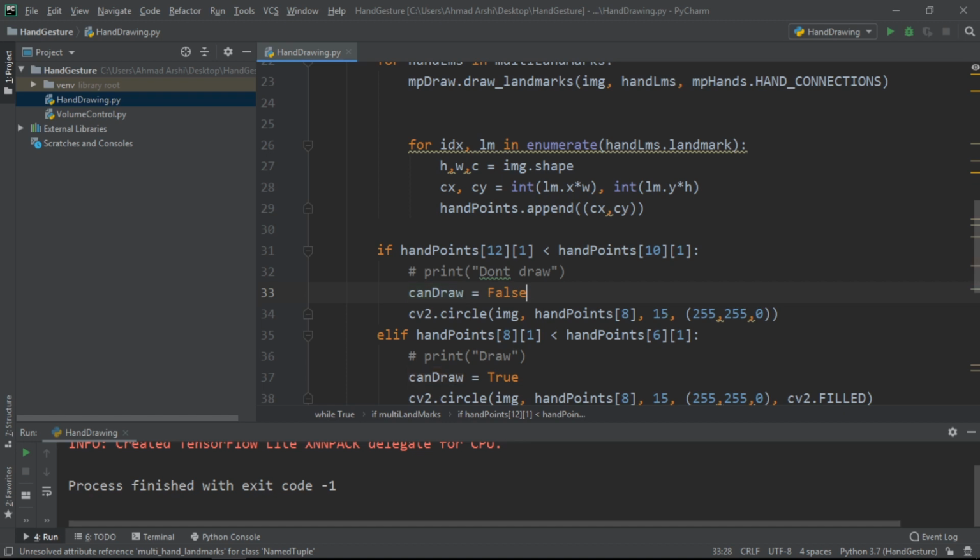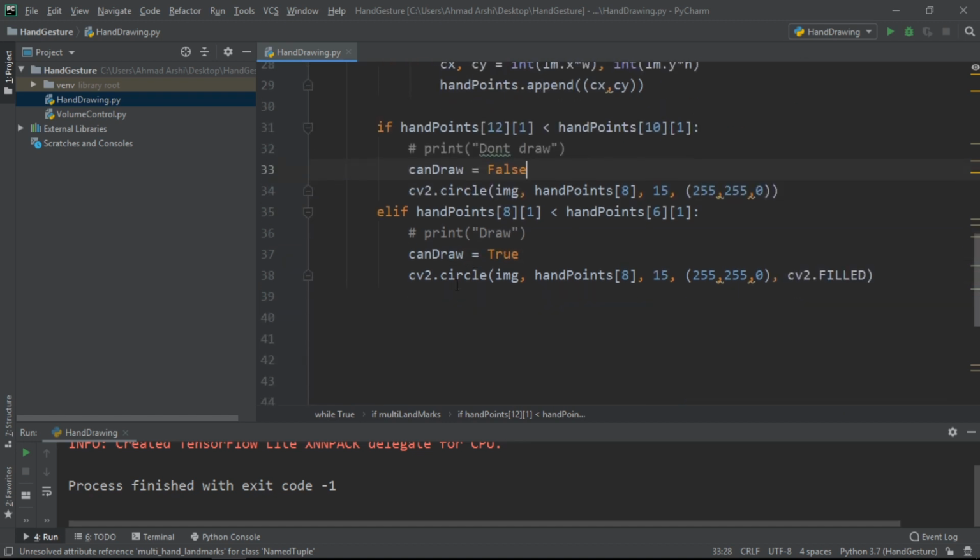That's it. Next thing, we need to use this variable that we just declared to know whether we have both the fingers of the hand open, or we just have one finger. And if we have only one finger, can draw will be true, and we can use this variable to check whether we can draw or not. So let's just make it if can draw. And if we can draw, what we have to do is go for cv2.circle.